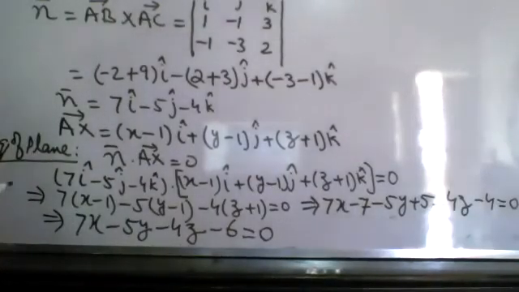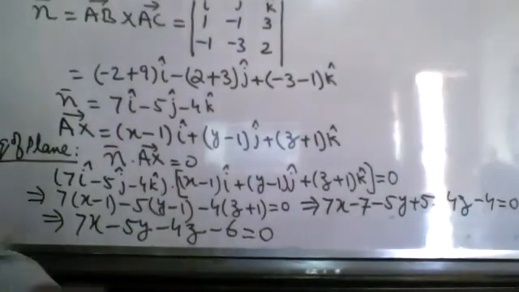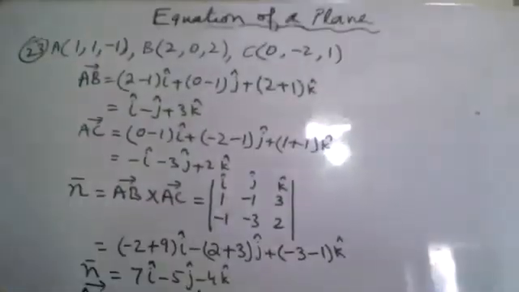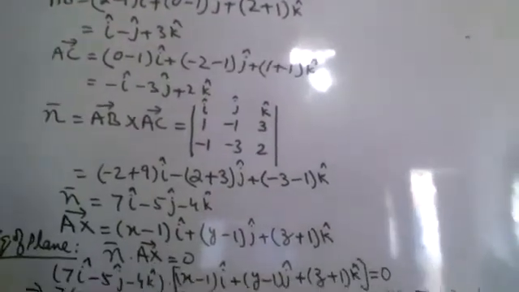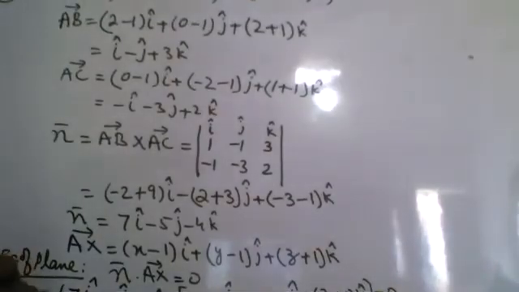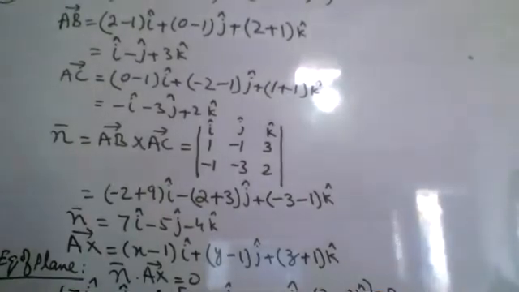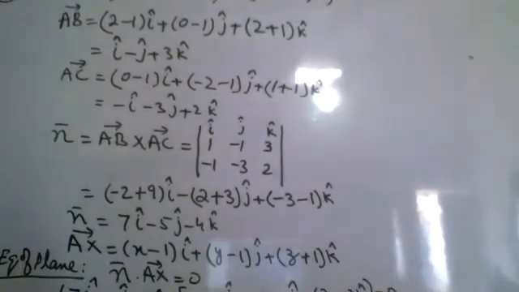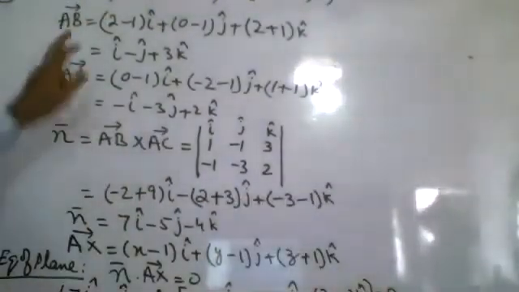So this is the equation of the required plane when all the 3 points are given. From these 3 points we will mark one point as the initial point, and from that point we will find the two vectors AB and AC. A is the initial point, and B and C are the terminal points. You may take any one as the initial point. So we found vector AB and vector AC.